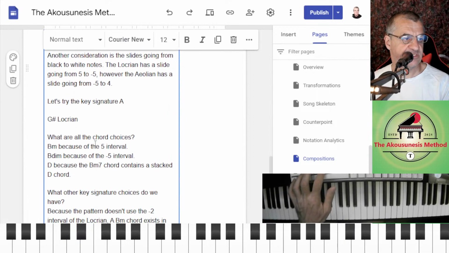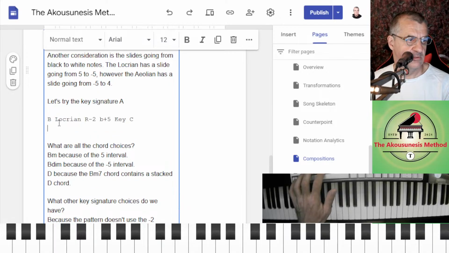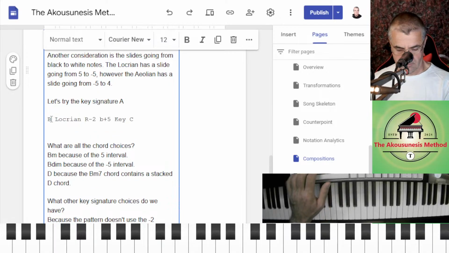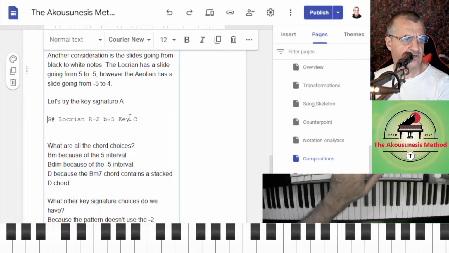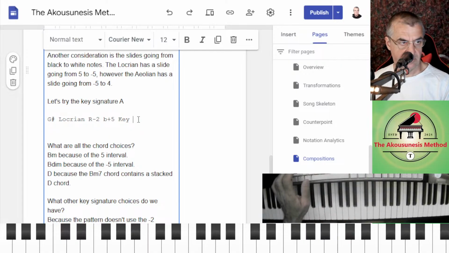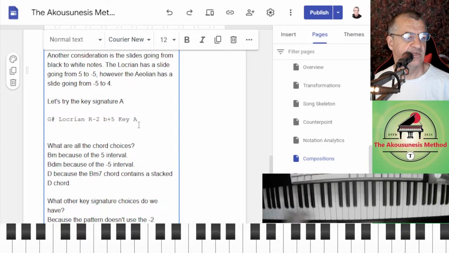I'll put it in the same font. G sharp Locrian in the key of A. All right, so that's what we're mucking around with at the moment.